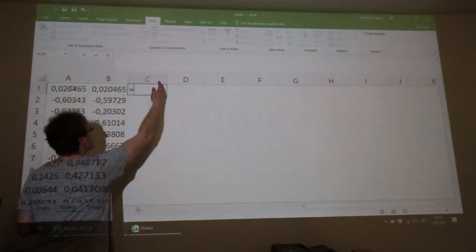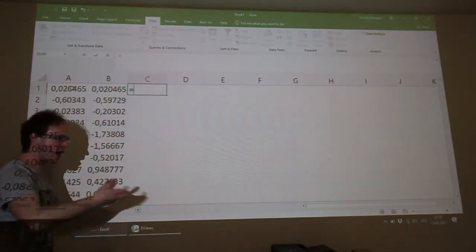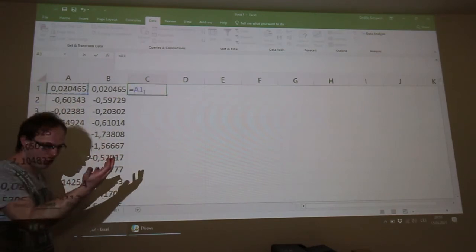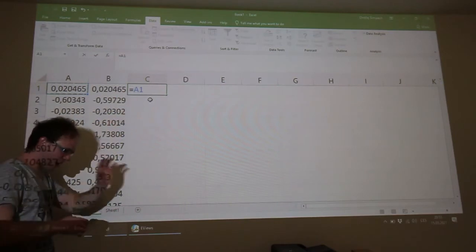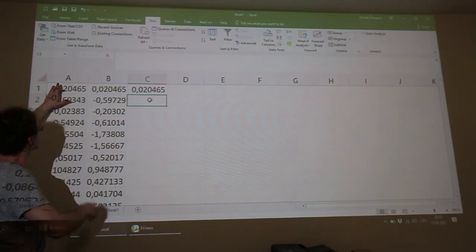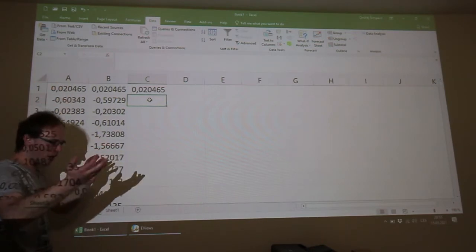So in the C column, I don't have my previous value, because I am in the first row. So there is only the value of the noise. So equal sign, noise from the first sample.